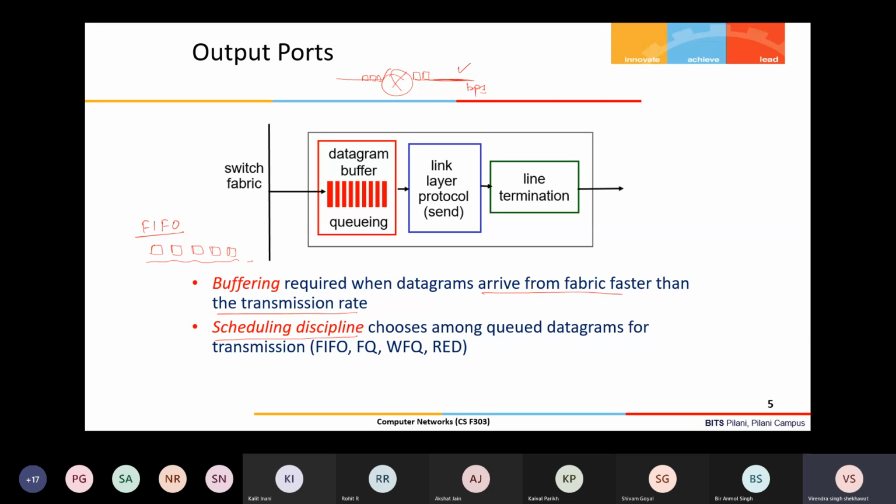But in this algorithm there are certain problems. First of all, fairness is not maintained.